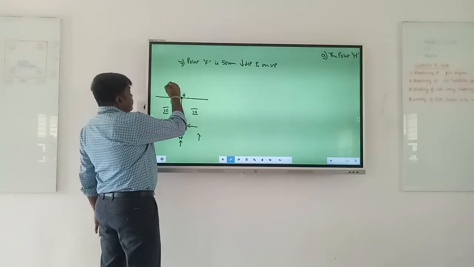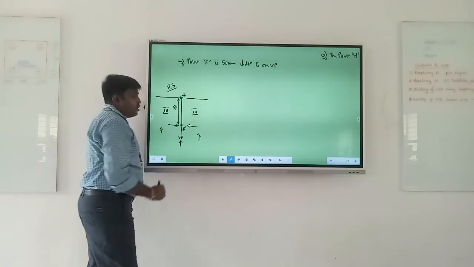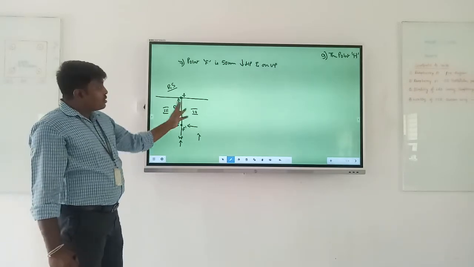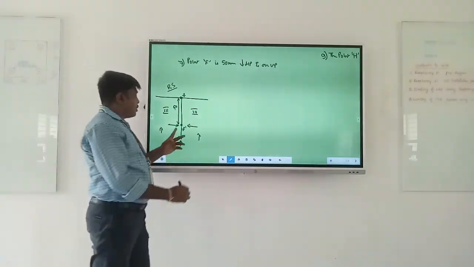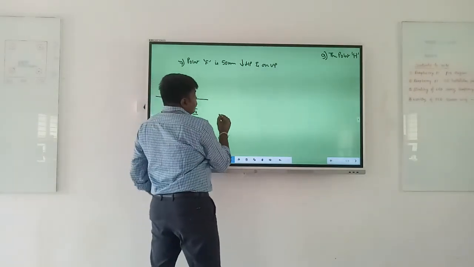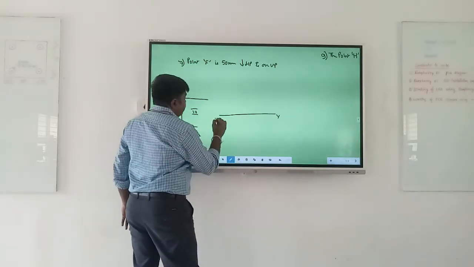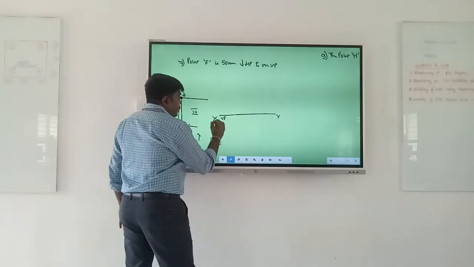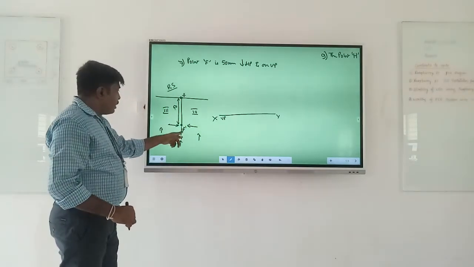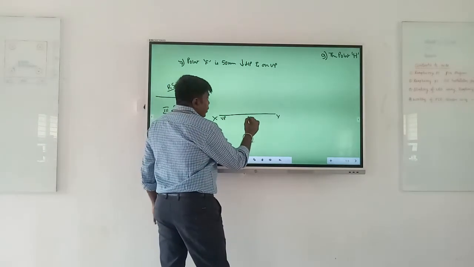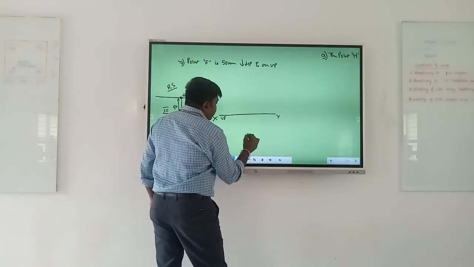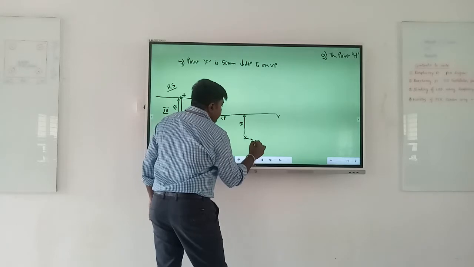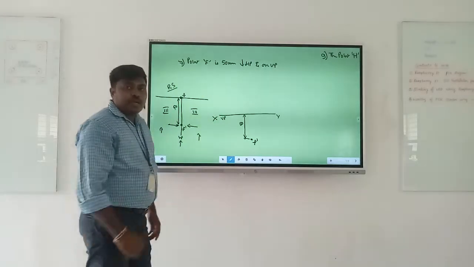Again, I am telling, this is your rough sketch. You should not draw it in the exam. This is only for your understanding. What is the actual answer you are supposed to write? Once you understand this, you have to write it over here. X, Y. Where is your VP? VP is below the line. So write VP below the line. On VP, I have a point F dash at the distance of 50. So from here 1, 2, 3, 4, 5. Count 5 boxes. Give the dimension as 50. And this is named as F dash.